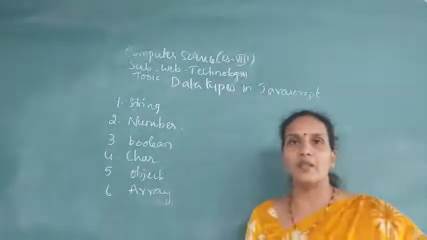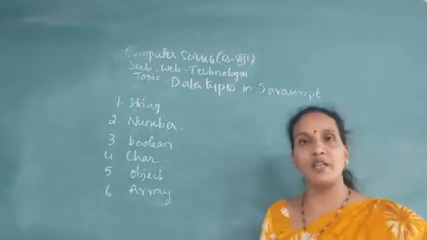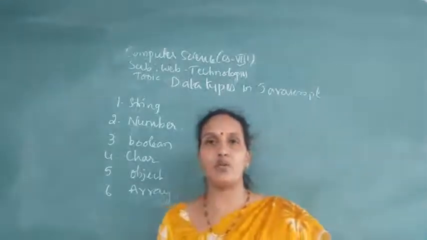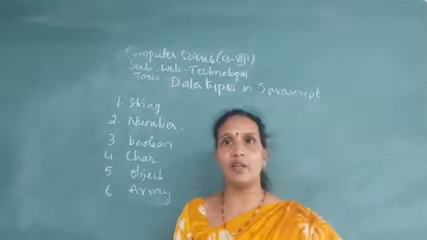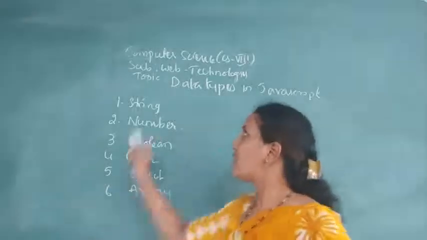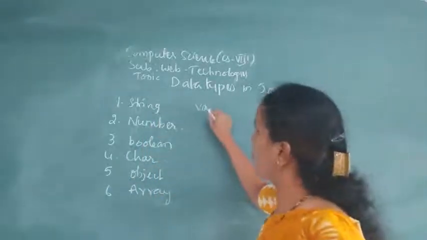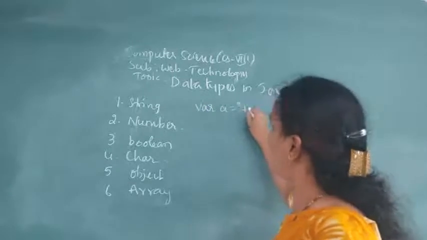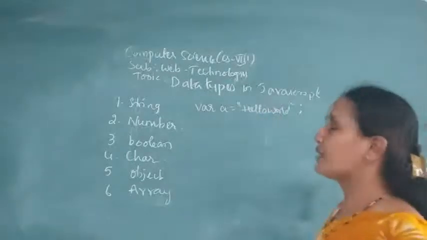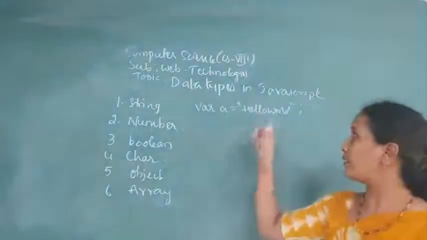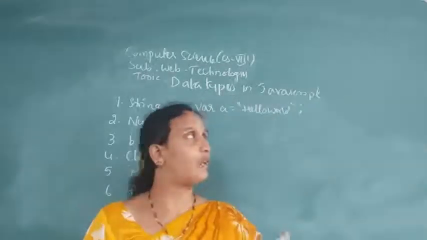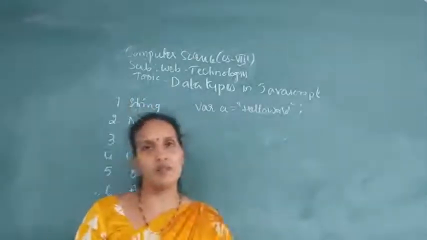These are called secondary data types, because here we don't have primary data types; you need not mention any int, float, char, string like that. Directly, whatever value you want to store in a variable, you can store it, and depending on that value, it will give the data type to the variable. Okay, so string. How to give a string? Like this: var a equals, for example, hello world. Here it is a string because it is a collection of characters. If you store this string inside a variable, JavaScript will understand that the variable you have declared is of type string.